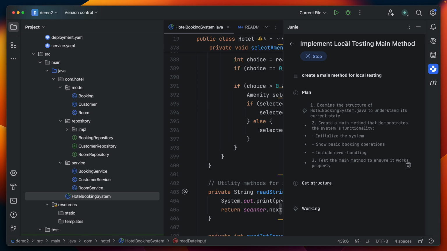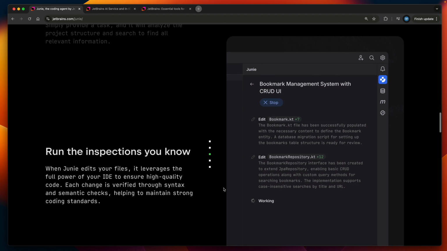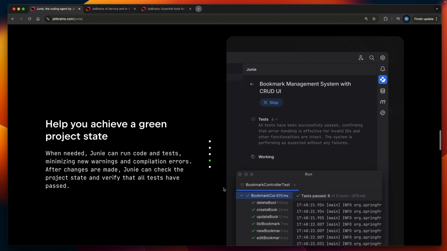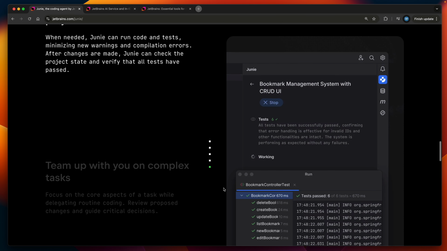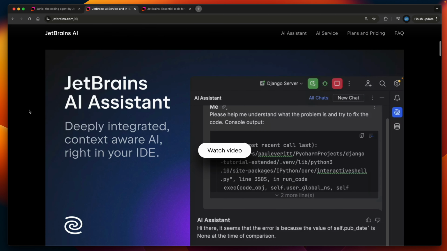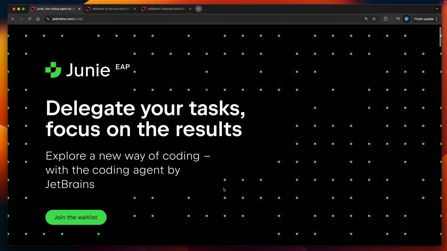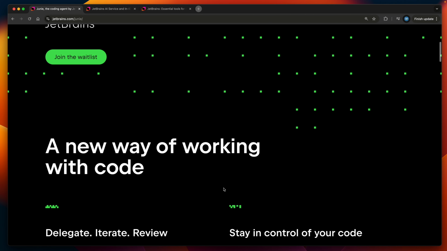I'll demonstrate Junie's code generation, error handling, version control, unit tests, and documentation features. You'll also see that Junie automatically fixes errors during code generation. I'll explain how Junie differs from JetBrains' existing AI coding assistant. Finally, I'll give you my honest conclusion about Junie's readiness.